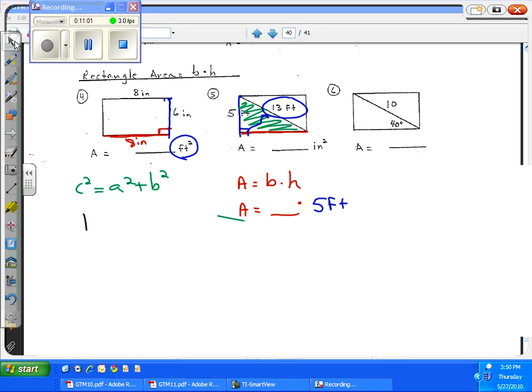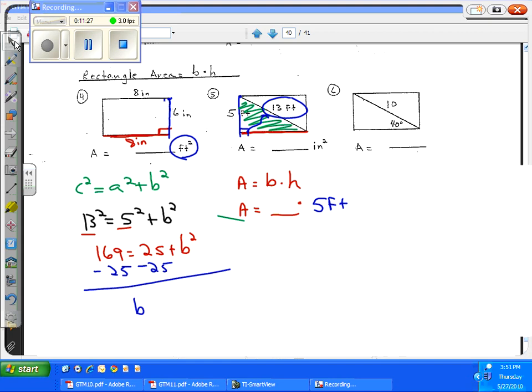So we're going to take our hypotenuse, which was that 13 square, is equal to A, which is 5 square, plus B, which we don't know, square. We're going to do the exponents. We get 169 equal 25 plus B square. Now we're going to undo addition by subtraction. We'll have B square equal 144. Undo the square with the square root, and so we get B equal 12. So the base is 12